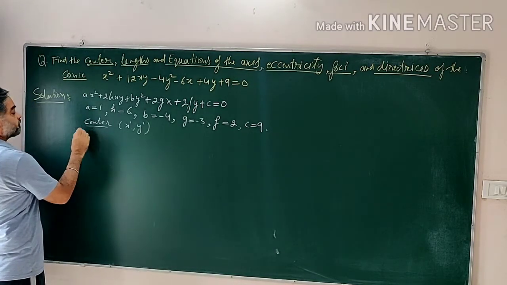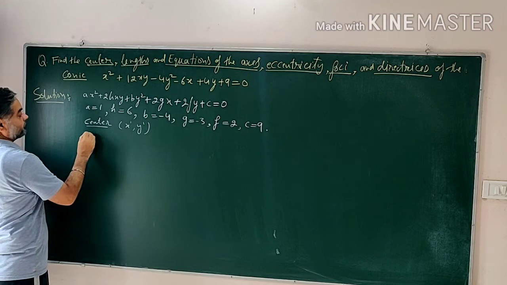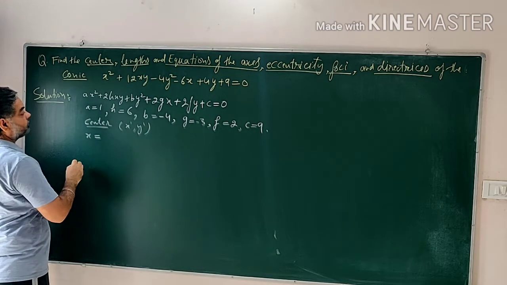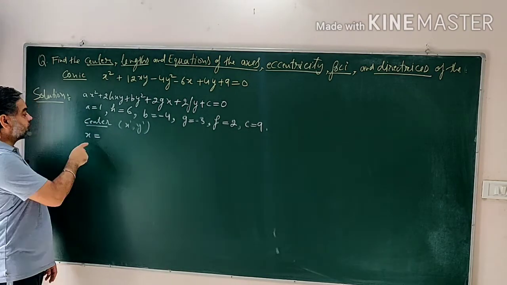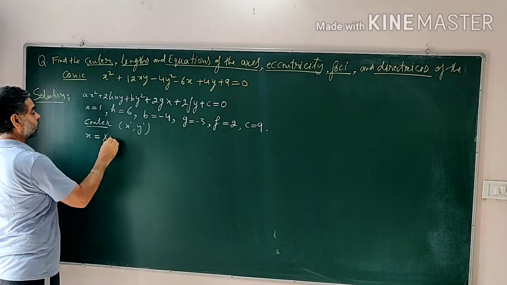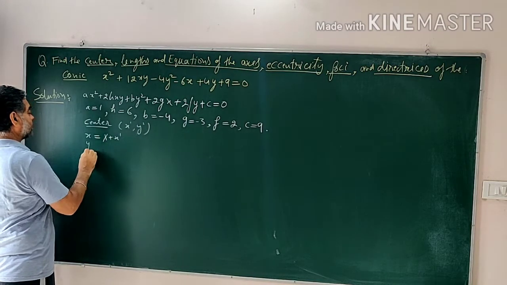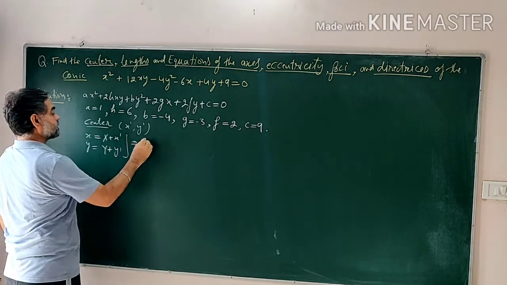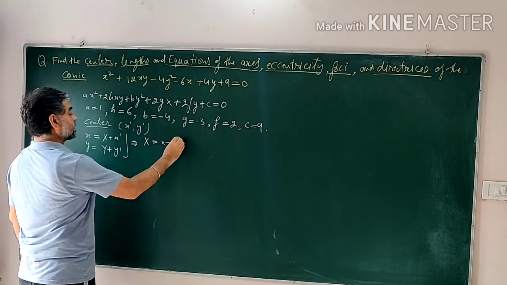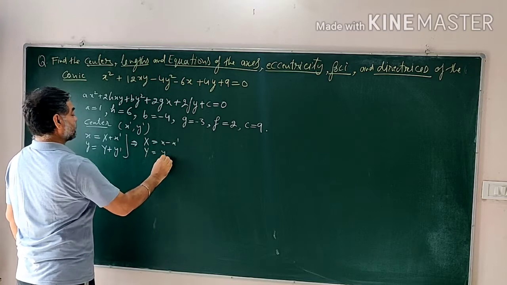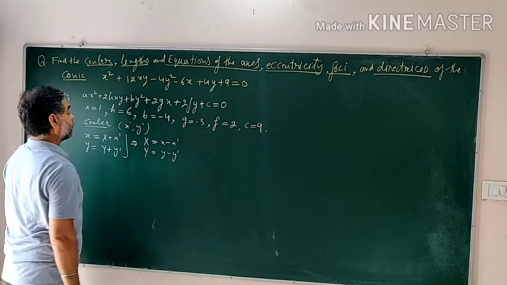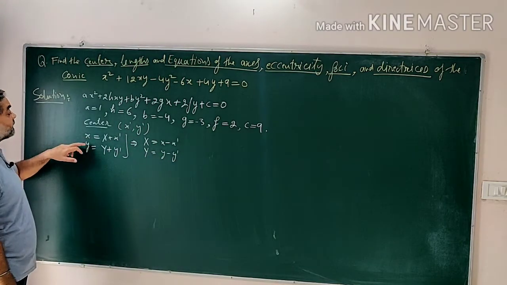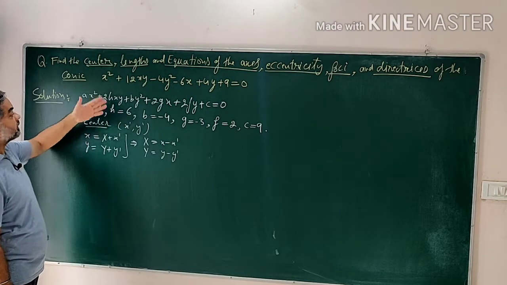Shifting the origin to this center, we will be using these transformations: capital X is equal to x plus x dash, and capital Y is equal to y plus y dash, and that implies x is equal to capital X minus x dash, and y is equal to capital Y minus y dash. So if you apply these transformations in this equation,